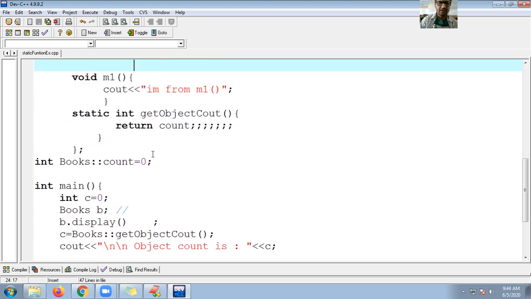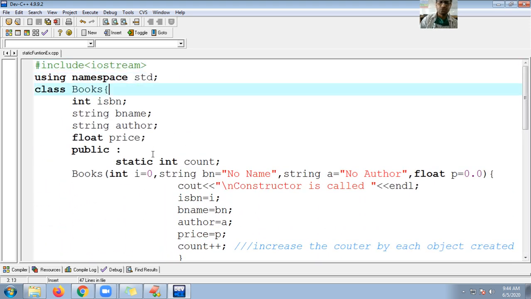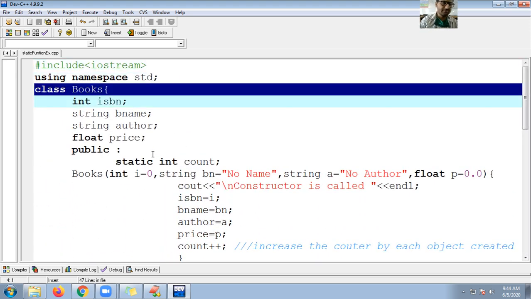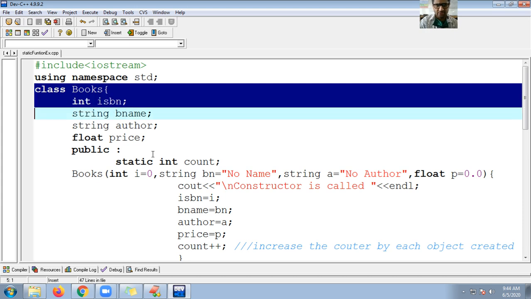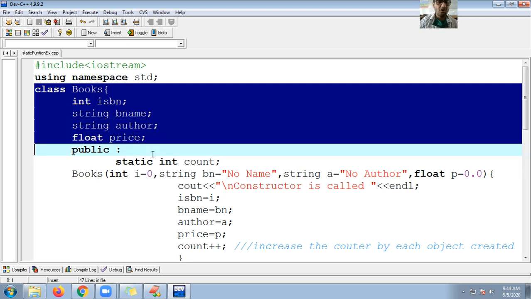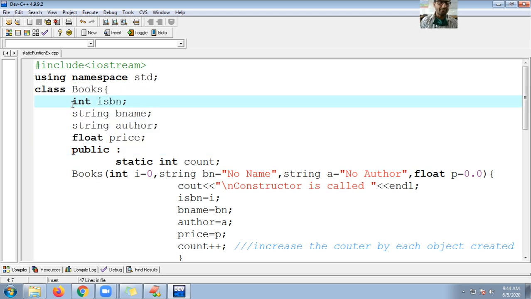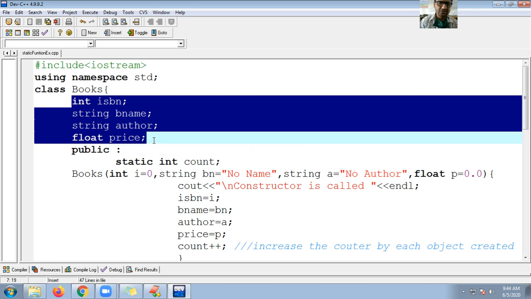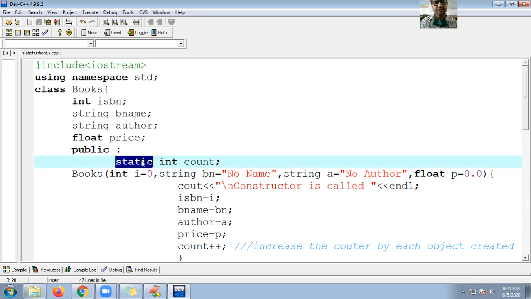Just have a look once again at what the program contains. The program contains a class named book, which contains private data members. By default, if you don't mention any access specifier, then those data members or member functions become private. Here I'm not mentioning any access specifiers, so initially those data members are private. Then public static int counter, which is 0.